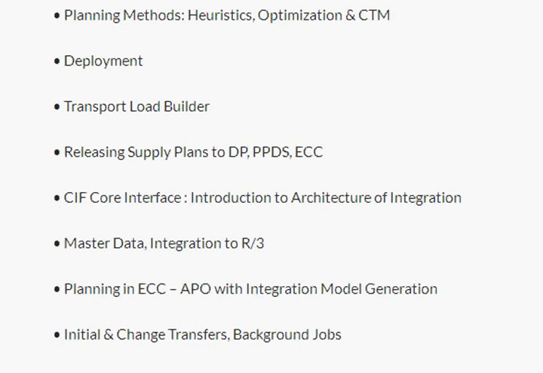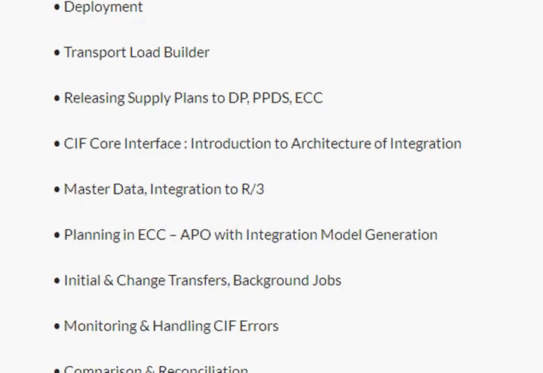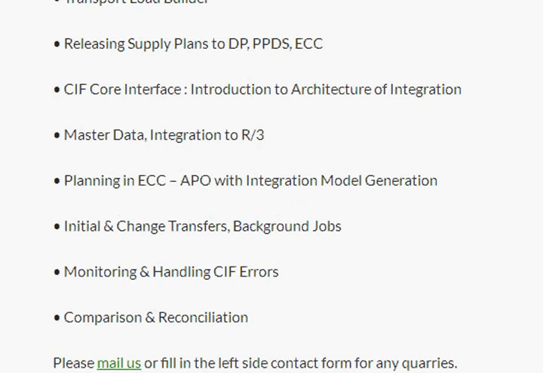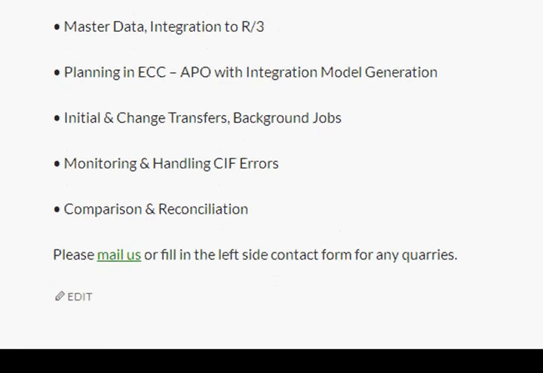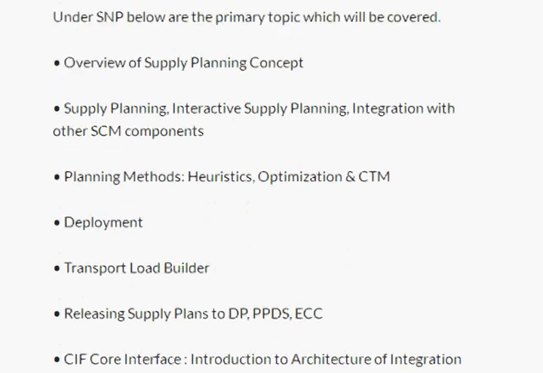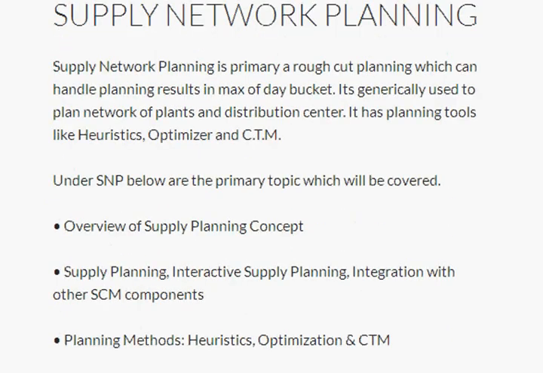Further, there's a discussion on the core interface. How does the core interface work, and what is the master data integration with R3? Creation of the integration model, how background jobs work, and how to schedule them. Further, there are advanced scenarios like block planning in SNP, and many other advanced scenarios. So this is basically a very rough cut picture of what the SNP training looks like. Depending upon understanding, if further information is needed, we would be